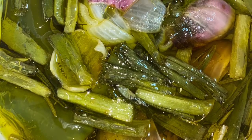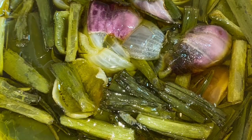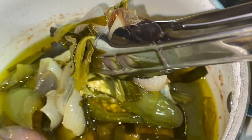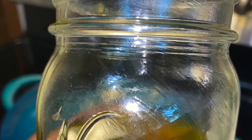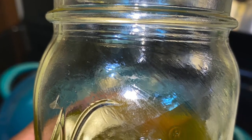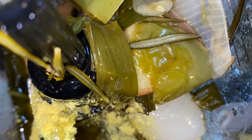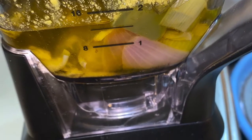This mixture cooked down for about 20 minutes until all of the vegetables were wilted very well. From there, I just took all of the vegetables out and put them initially in my blender. But first, I reserved some of that olive oil, which is so good, you guys, on salads. Oh, it's so good. So add the veggies to your blender, add a little bit of the oil to it,